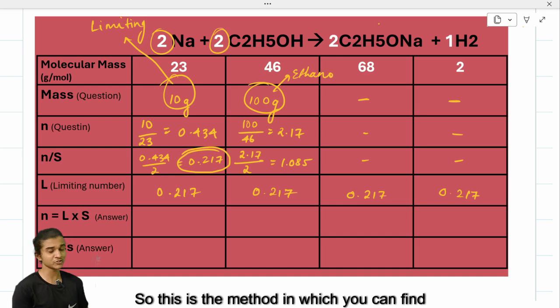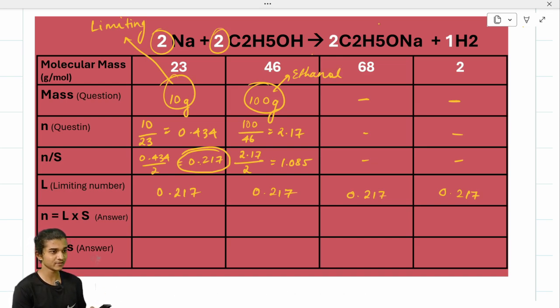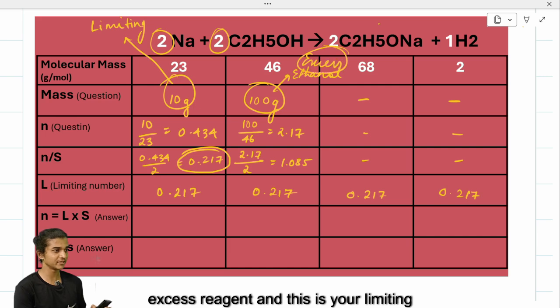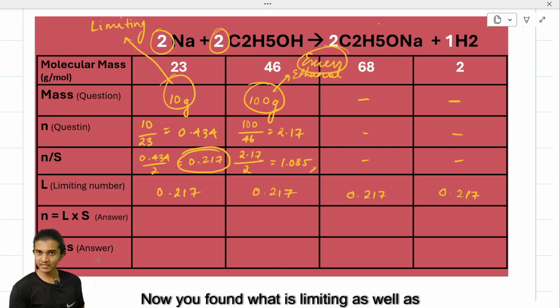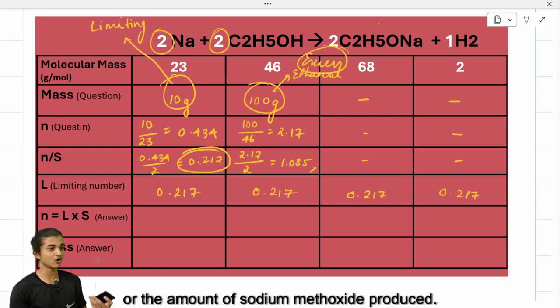So this is the method in which you can find the limiting reagent as well as the excess reagent. So this is your excess reagent, and this is your limiting reagent. Now you found what is limiting as well as excess reagent. Now the question might be, they might ask what is the amount of hydrogen gas produced, or the amount of